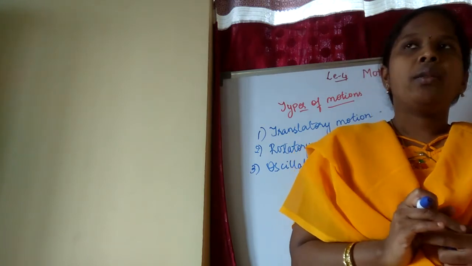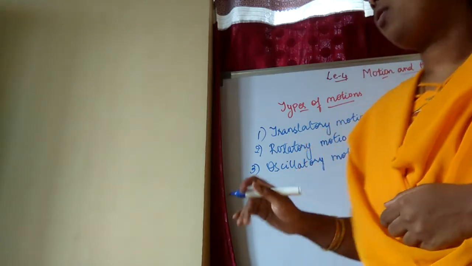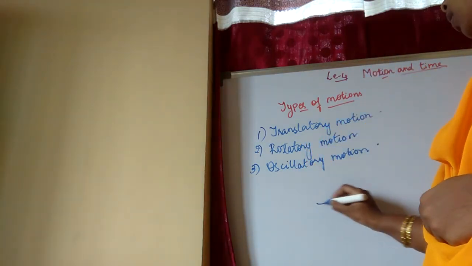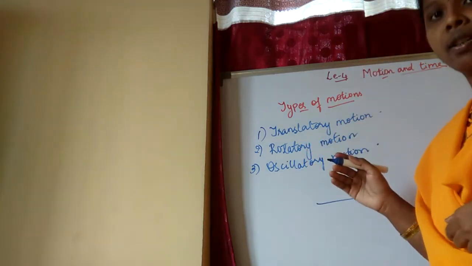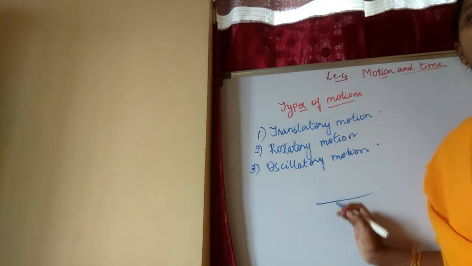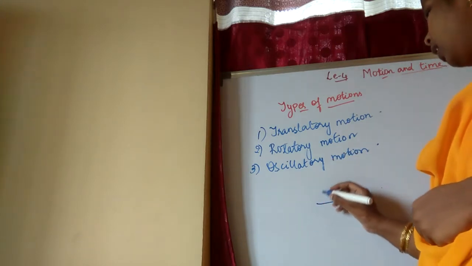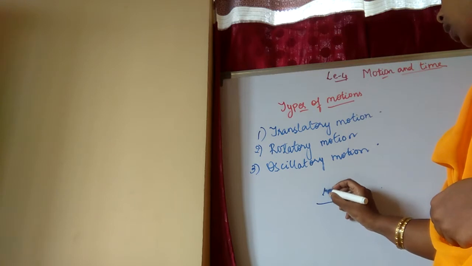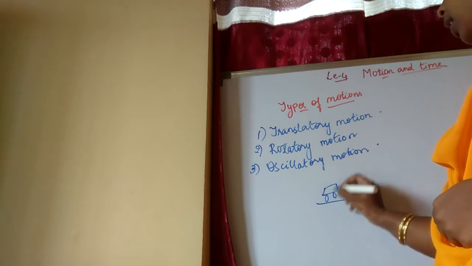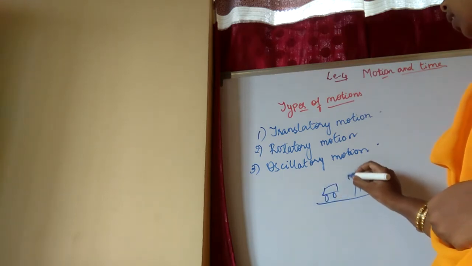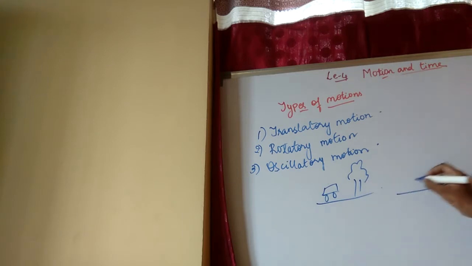In the first, I said a bus is traveling. These are the outside surroundings. The bus is traveling. Think of this as a bus and think of this as a tree. The same diagram.